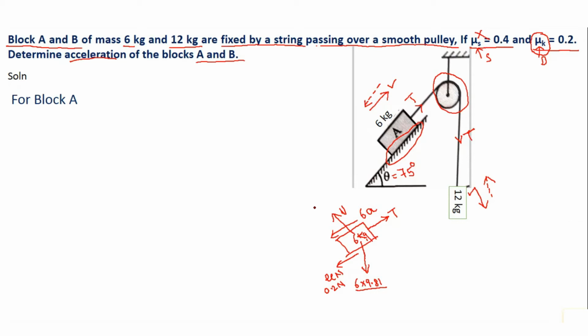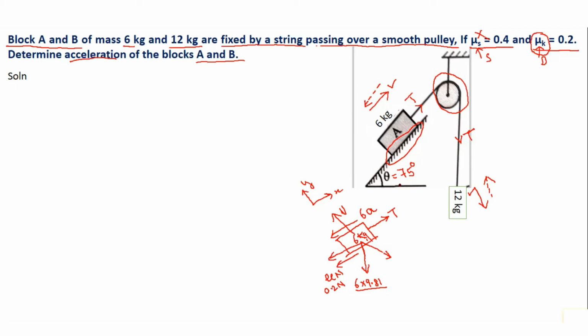Now we can apply the conditions of equilibrium, but before that, all the forces should be oriented in either the x or y direction. If I assume my coordinate system to be x and y, the only force which is inclined in this free body diagram is the self weight. All the other forces are either in the x direction or the y direction. So I need to resolve this force into x and y directions. I will make a resolved force. Let us say this is along y direction, and this is along x direction.